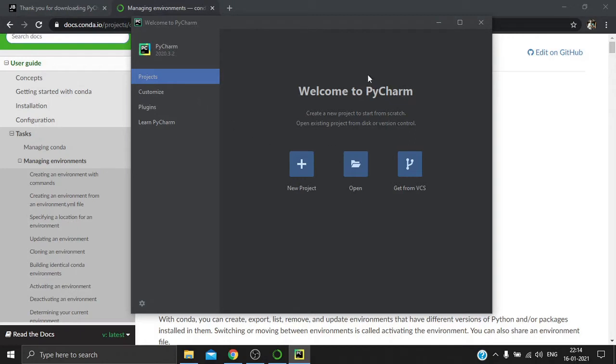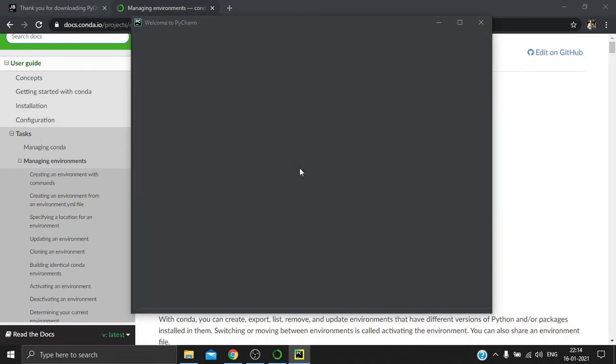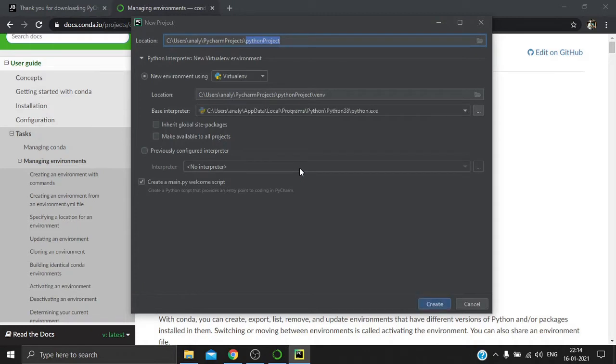Okay, so let's say I want to create a new project, or if someone has given you the PyCharm files, you can open those projects as well by using the open option. And this is a different one, which we're not going to discuss in this one. Let's say I want to create a new project. As I told you, to create a new project, you have to first